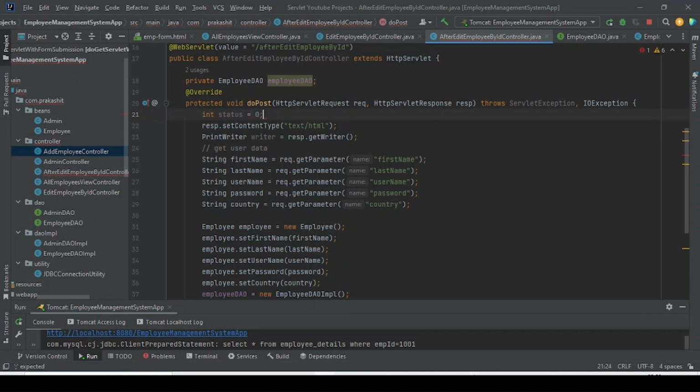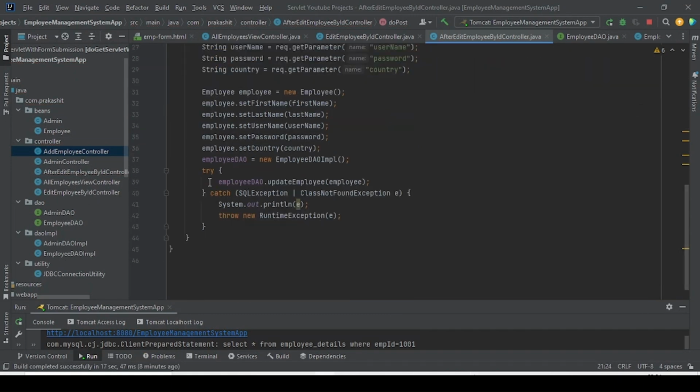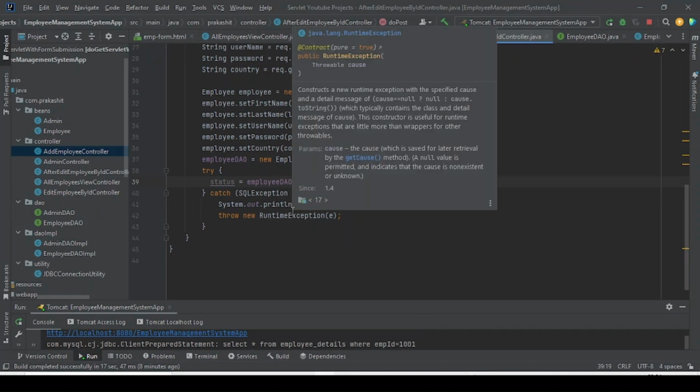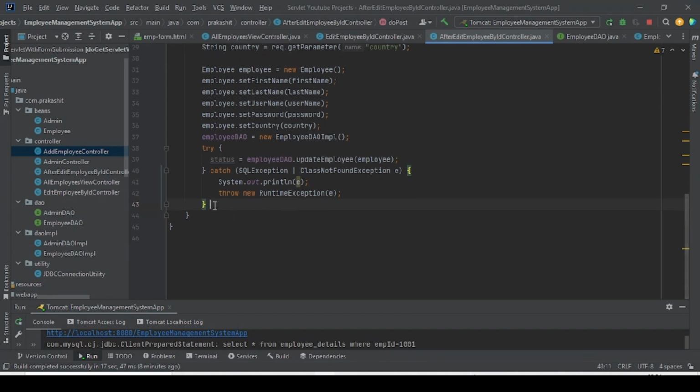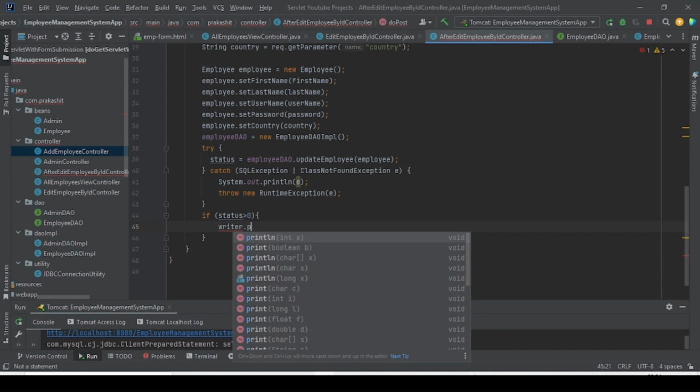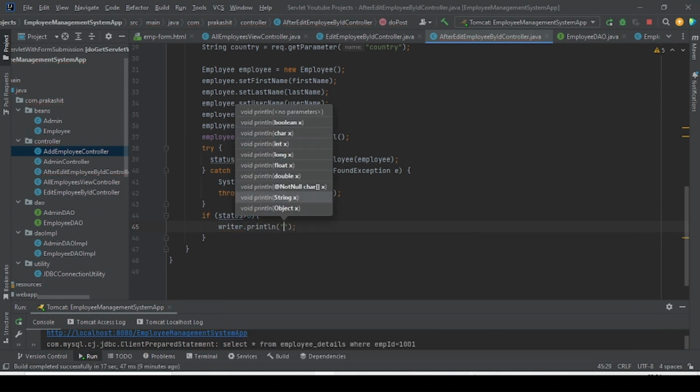Status equals 0 by default. So here I will set status equals to this one, and add employee. Once that is done, if status is greater than 0, meaning the update has happened, then I will write writer.println,